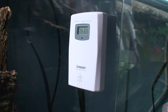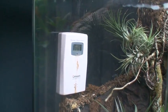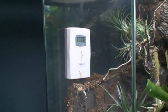And for those of you that are interested, I monitor my temperature and my humidity settings with an Oregon Scientific sensor. So I've got one of these in each of the tanks. That was that one there. Got another one right there. Thank you, Gecko, for crapping on that. Makes for a good shot. And it'll take up to 3, and it feeds back